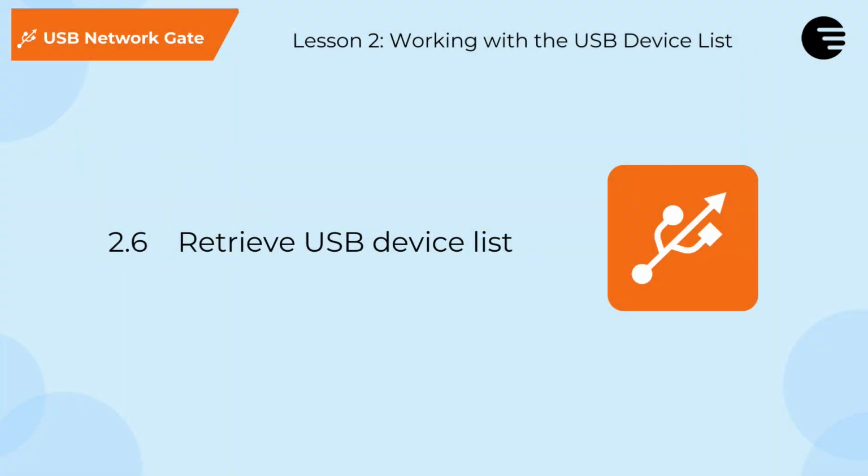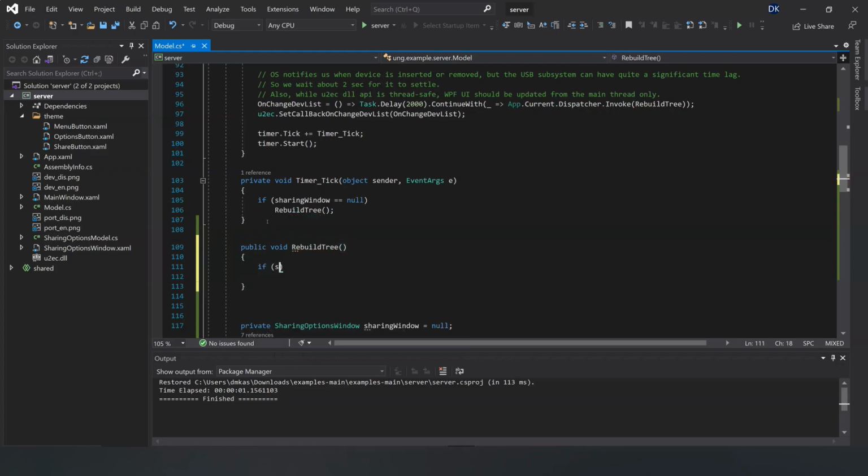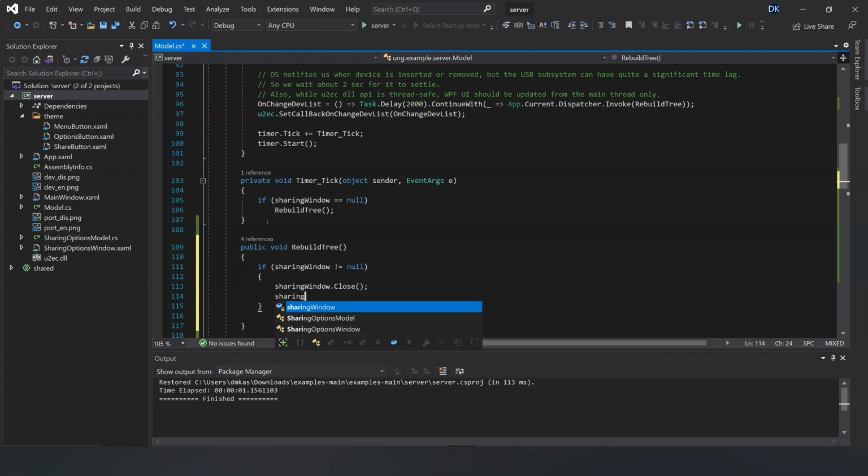Now it's time to actually retrieve the list of available devices. We'll create a function called rebuildTree to accomplish this. RebuildTree will first reset the display and close any auxiliary sharing windows. Then let's check whether or not we already have a pointer linked to a USB Network Gate context in the